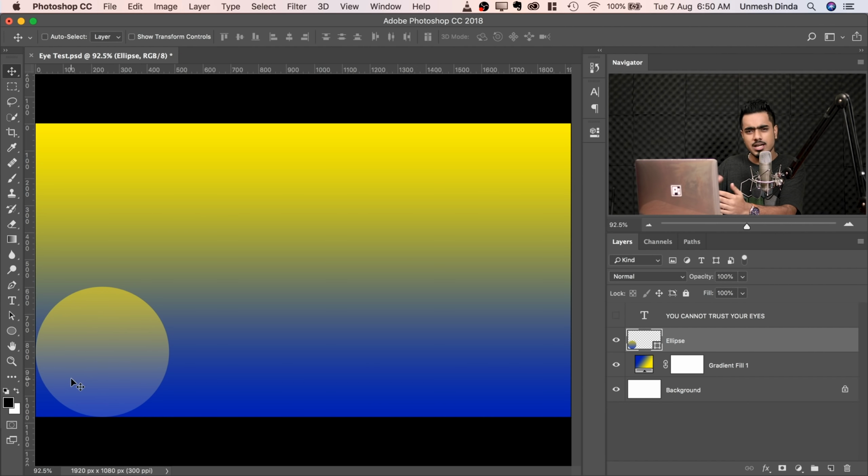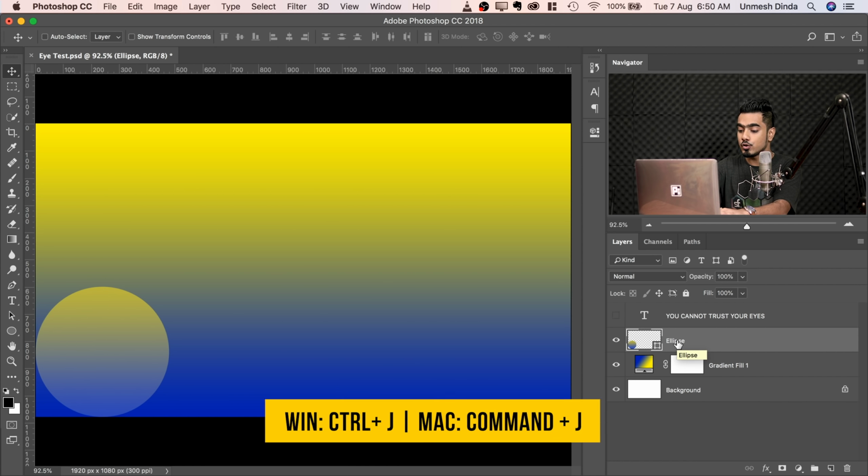So here we are in Photoshop, and let me take an eye test for you first. Why? This will make sense later. Have a look at this picture. What do we have here? We have a circle. What color is it? It looks mostly yellow. Now, if I make a copy of the same ellipse, the same shape, Control or Command